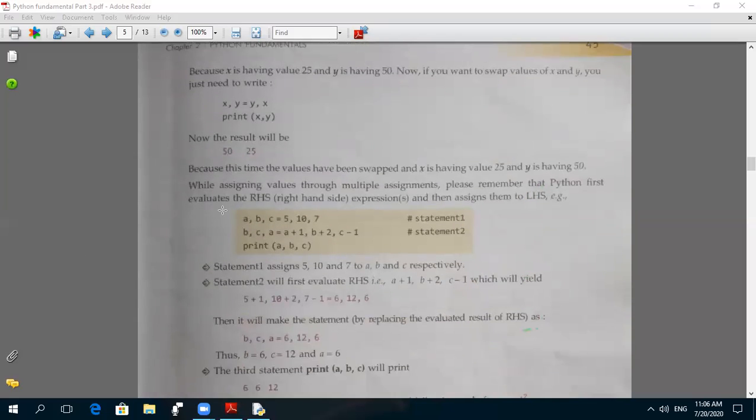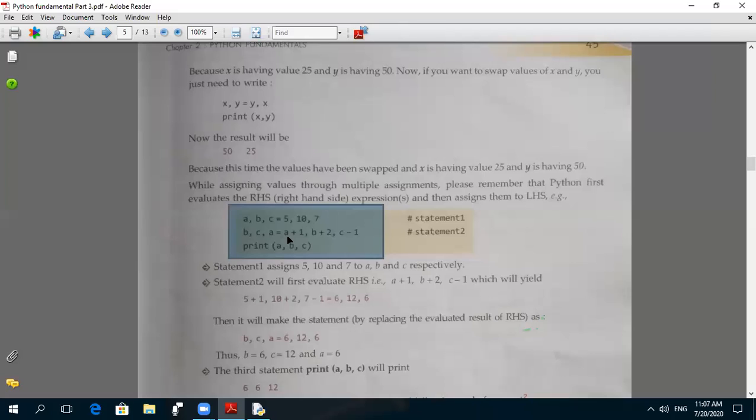See this example, a comma b comma c equals 5 comma 10 comma 7. That means the value of a is 5, value of b is 10, value of c is 7. Then b comma c comma a equals an expression.